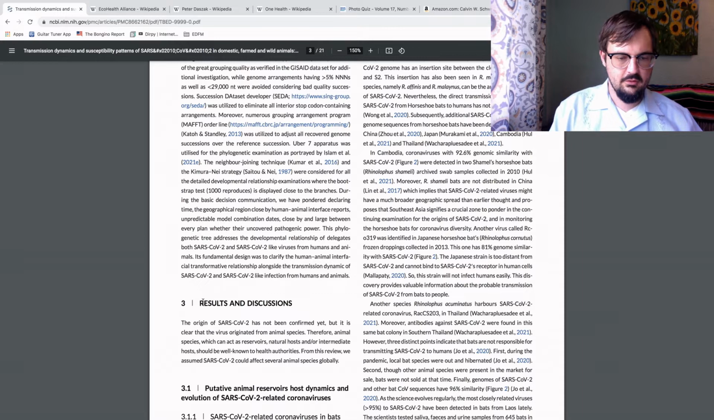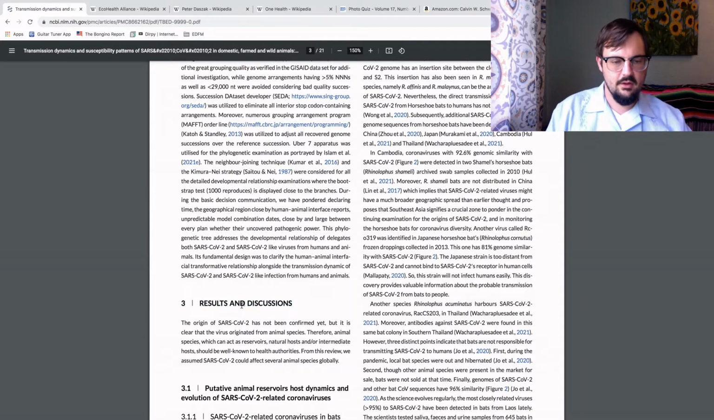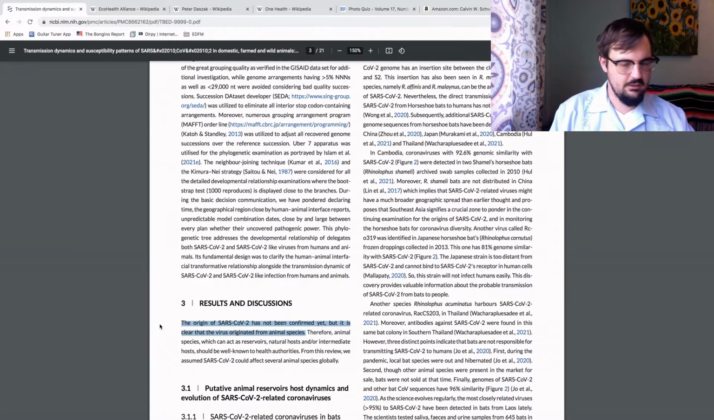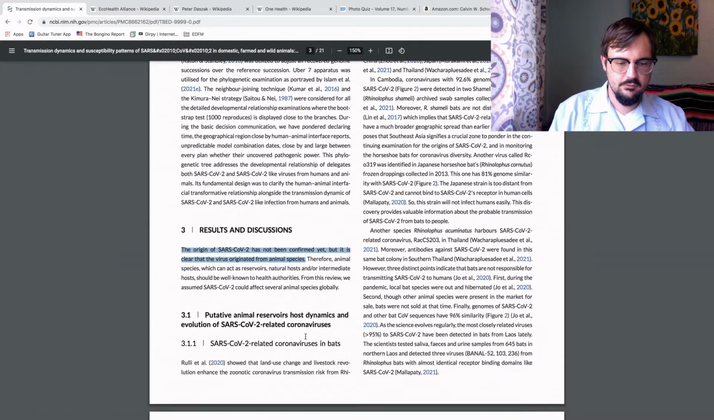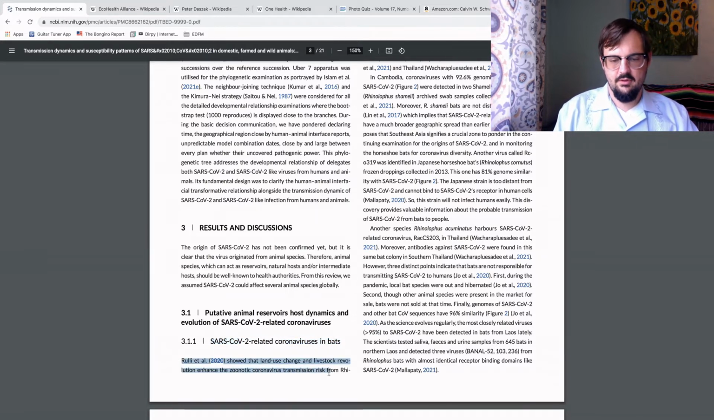And again, number 3, section 3, results and discussions. We're going to state the origin of SARS-CoV-2 has not been confirmed yet, but it is clear that the virus originated from animal species. So that's an interesting claim again. Under 3.2, this is the big thing, bats, of course. And Rulli et al., this study showed that land use change and livestock revolution enhanced the zoonotic C transmission risk